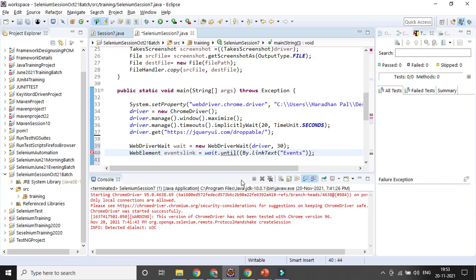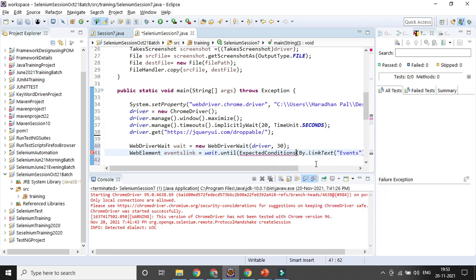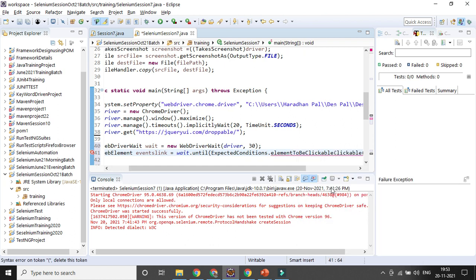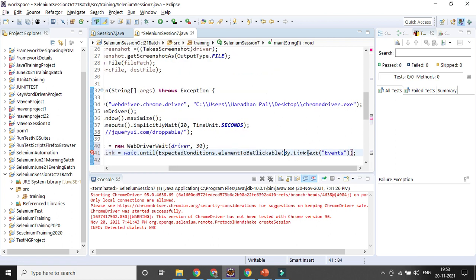You can press control enter, and you can see expected conditions dot element to be clickable. You could see here a lot of options coming, and you can get the web element reference here. That is my element reference. I think how many brackets, 1 2, that is fine.